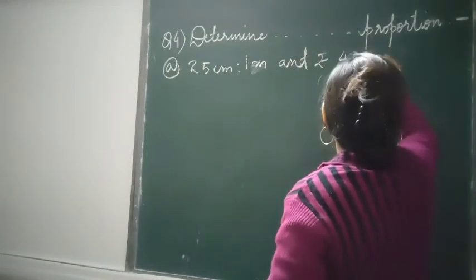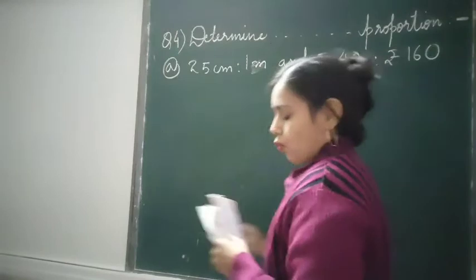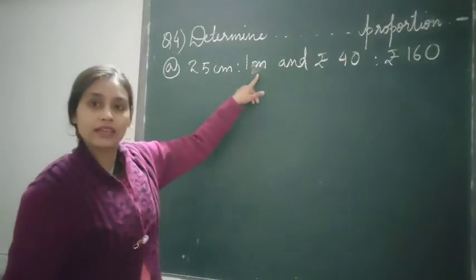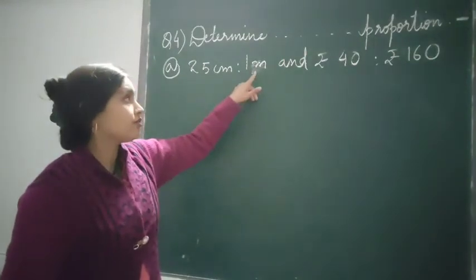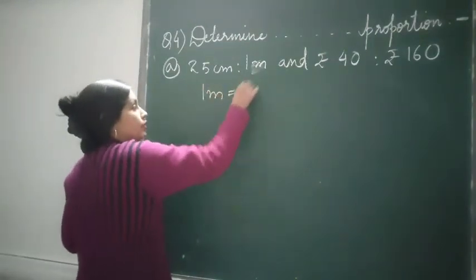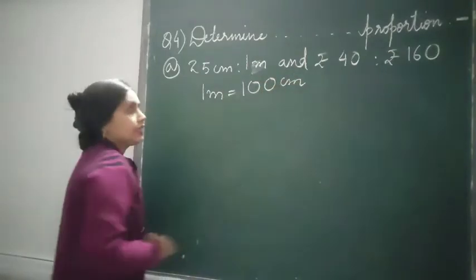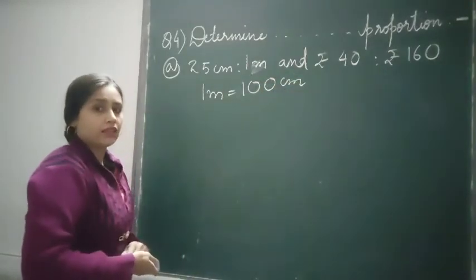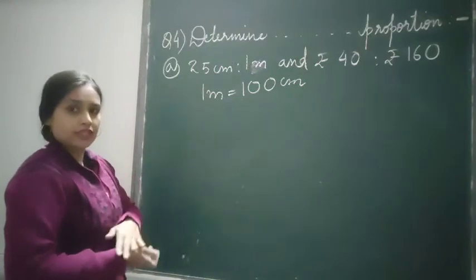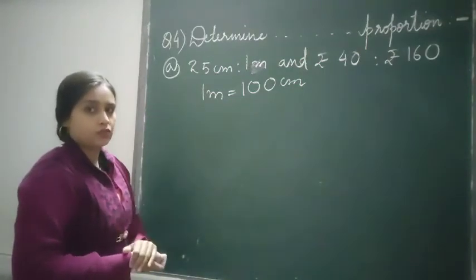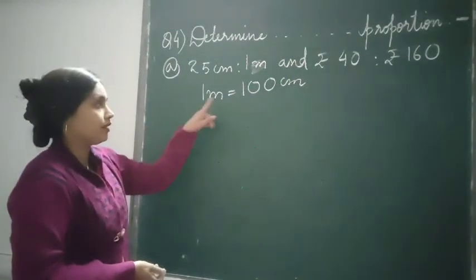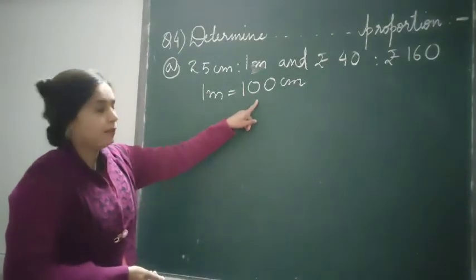Rupees 40 is to rupees 160. Children, one is in centimeter, one is in meter. So what to do? Let's convert 1 meter also to centimeter. We all know that 1 meter is equal to 100 centimeters, right? We have studied the scale now: meter, decimeter and centimeter, right? So when we are going from meter to centimeter, we take 2 steps. 2 steps means 2 zeros, that is a difference of 10 into 10, that is 10 tens are 100. So 1 meter is equal to 100 centimeters.